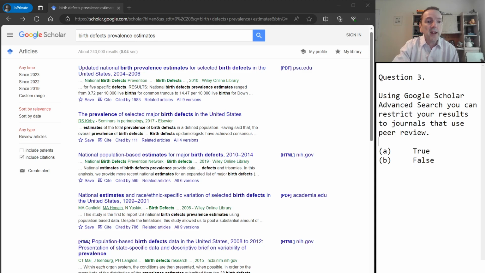Now you can include any type of article or source, or you can restrict it specifically to review articles if you want to gather those types of sources. You can include patents if you check the patent box. Probably not something we're going to be doing. And also this includes citations. If that box is checked, Google will include in your search